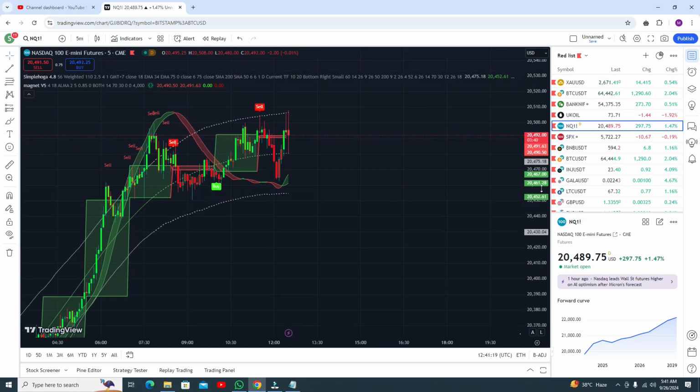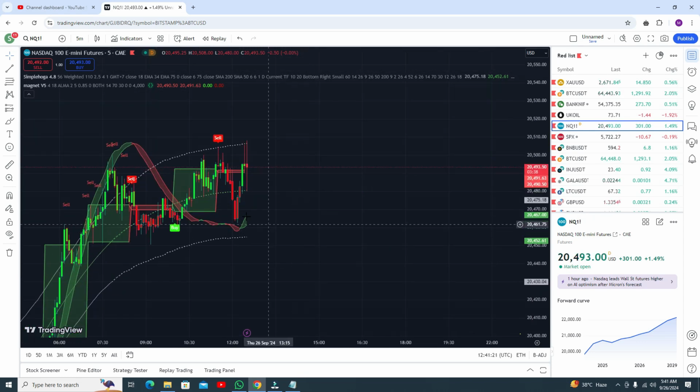In the Nasdaq you can see, watch it carefully. Here if you need, you can go for the sell trade, but if you go for the sell trade from this point, then remember you need to exit your trade. That is not a loss trade, that is a very small profit, maybe a few cents profit. So that is actually not a loss trade. Actually it's giving you maybe a few cents profit, but the point is you are getting some profit.